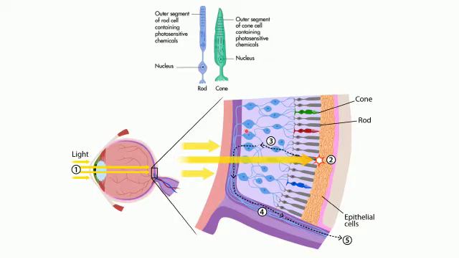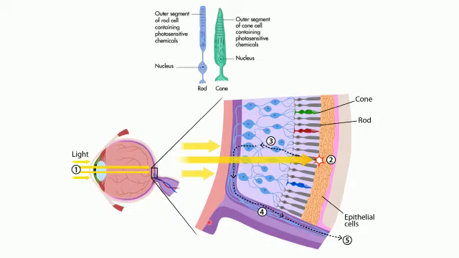Now when light falls onto them, they get excited or activated, and the impulses get converted into an electric signal which is carried by the nerve cells, neurons, you can see here, and they are carried via the nerve cell to the brain in the form of electric signals, where the brain is going to interpret it, and we can see the object as it is.